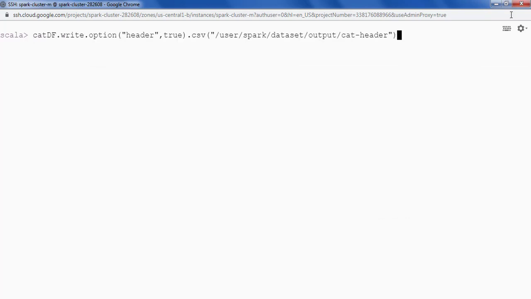In the same command, I'm going to say dot mode, and I have to specify SaveMode dot overwrite the data, and then finally dot csv, and provide the path. Okay, so this time we are able to save the data because we have provided the save mode as overwrite.